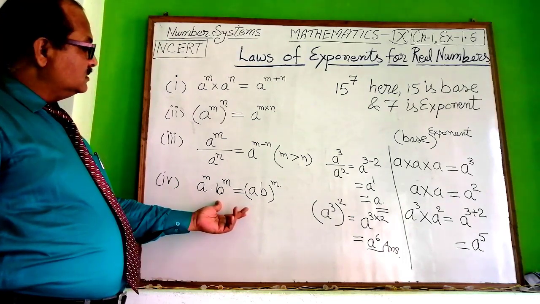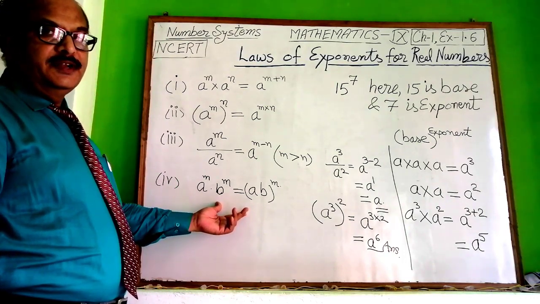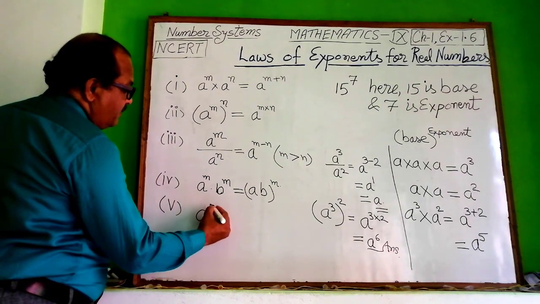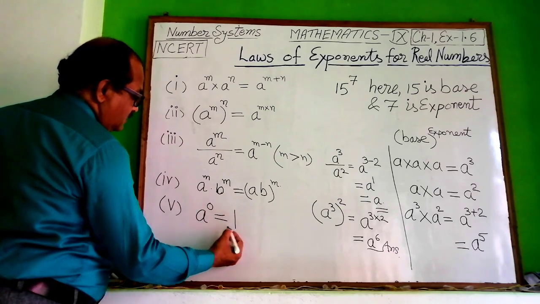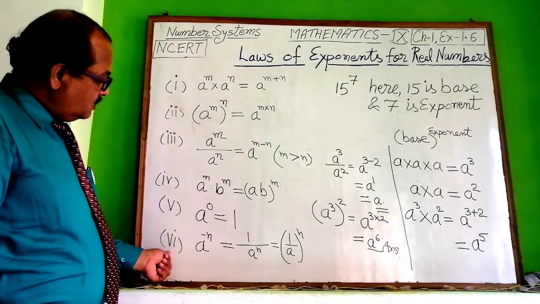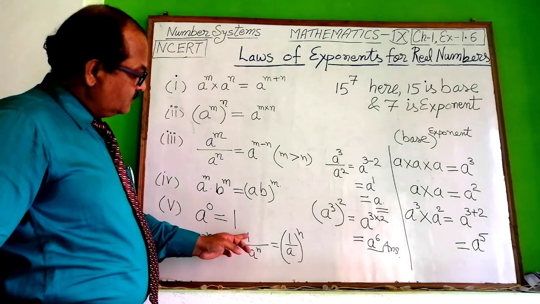Also there are other laws, so I would like to explain here. Next one is, if any number is having power 0, it means its value is 1. Now see the next law, sixth law, a raised to the power minus n can be written as 1 upon a to the power n,